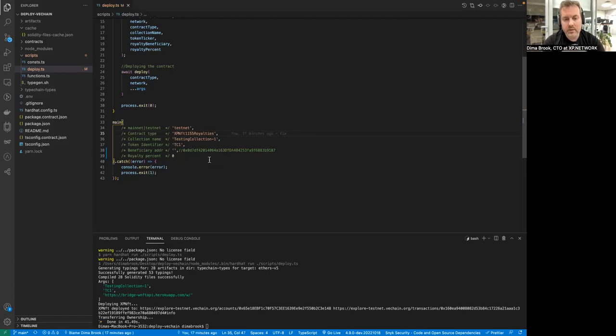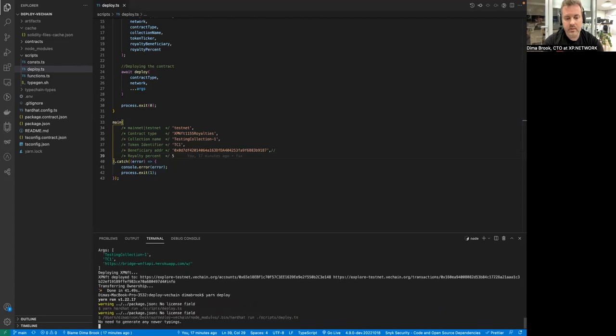We can leave those fields as they are because they are not used in ERC 1155 contracts. The collection name and collection token identifier are typical for ERC 721 contracts only. But what we need here is the address of the royalties. And let's say we want to get 5% of the royalties on the chain of destination. That's basically it. This is all we have to change here. And let's again yarn deploy. And let's see how our